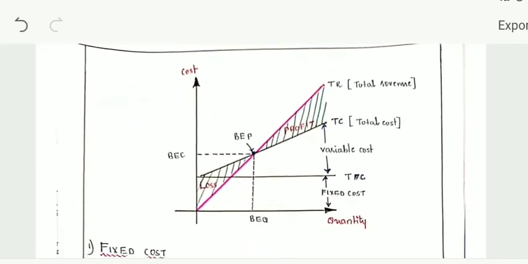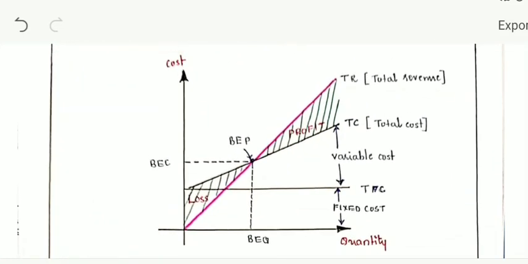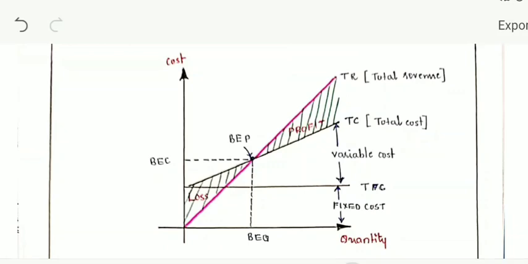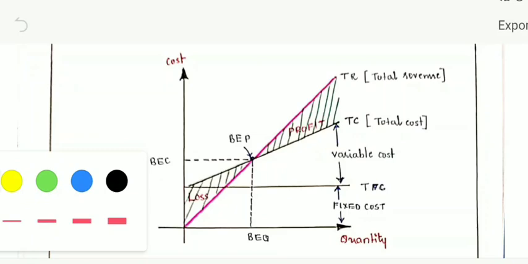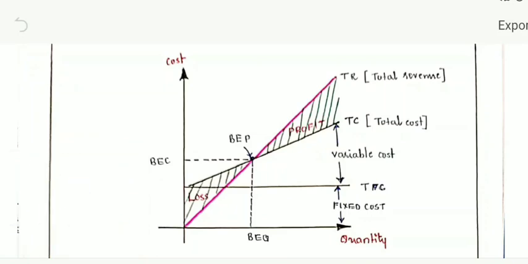So you are able to see the graph here. Understanding the graph at this point is very important. Just look here. I told you it is the cost versus volume graph. Now here you are able to see